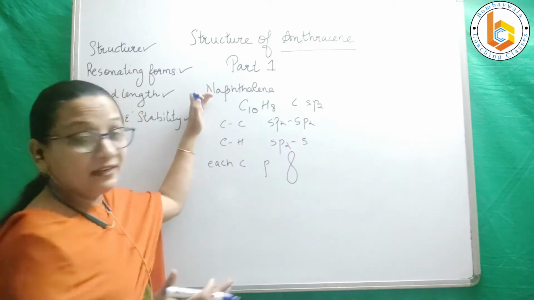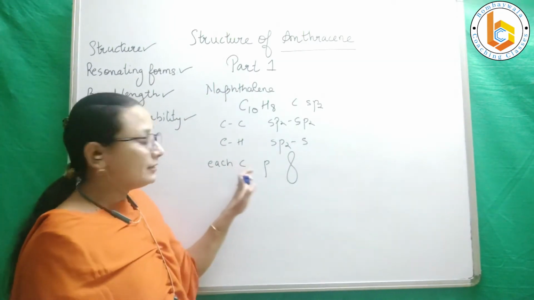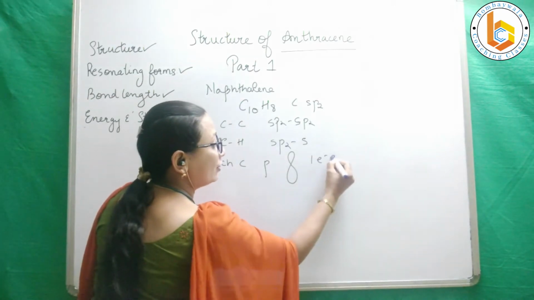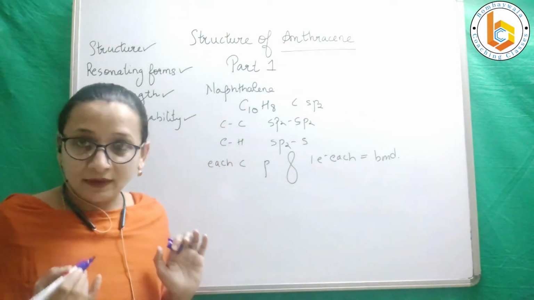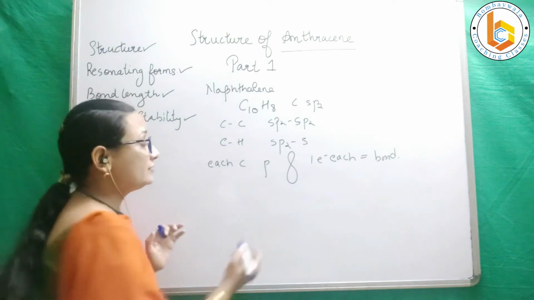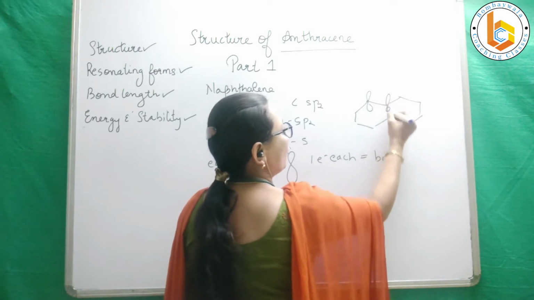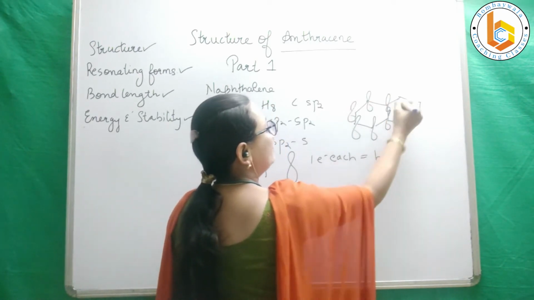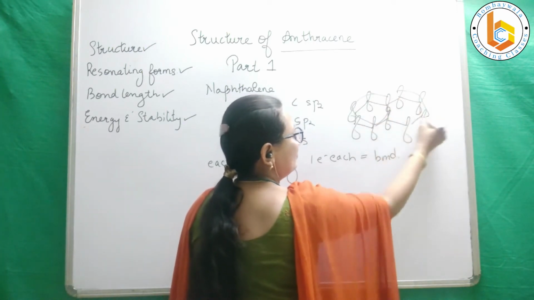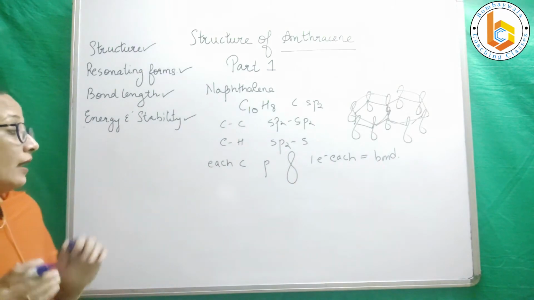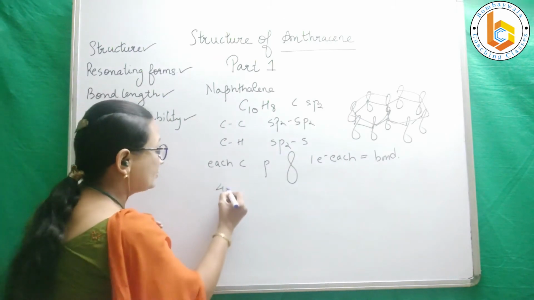This is all that we have seen in the video on structure of naphthalene, right? So each carbon contains a p orbital, which contains 1 electron each, and they are all required for the formation of a double bond in naphthalene, right? And finally we said that naphthalene, this is the structure. See, this is the structure that we drew, and then we said that these are the p orbitals. They overlap and they form bonds like these, right? And last thing we said that as per Huckel rule, naphthalene is aromatic because it obeys